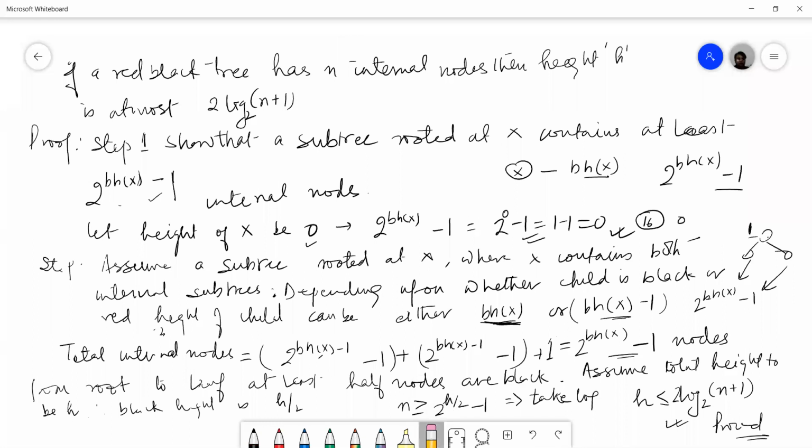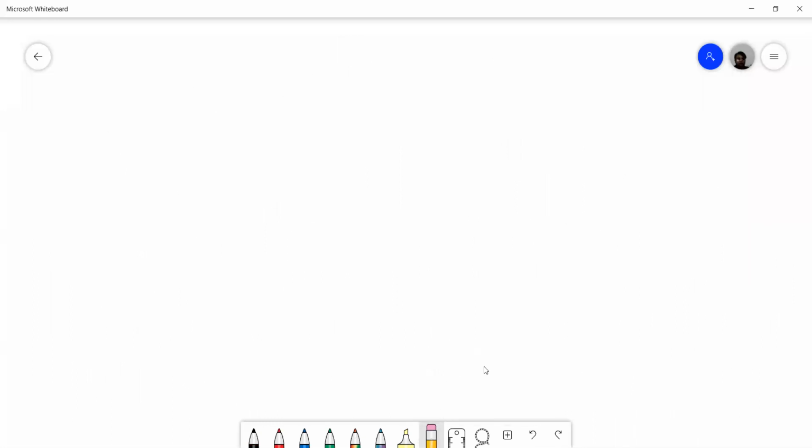So this was all about the red black tree. Notes I will share, not today, maybe by Saturday. All the pending notes will be shared, and video lectures also I will share with you. So this was one data structure. The next data structure you are all familiar with; we have already studied it in detail in data structures. So the next data structure that we have to study is the B tree.